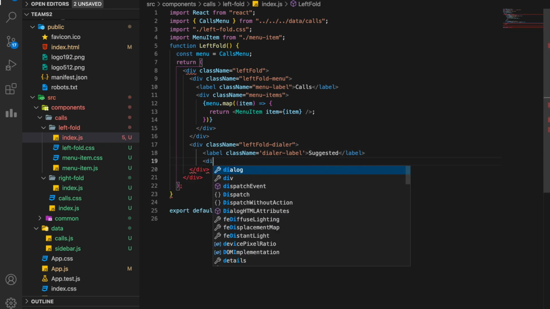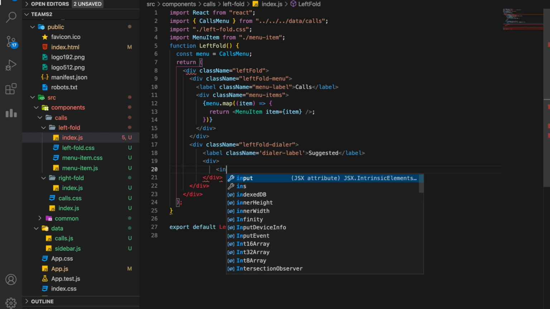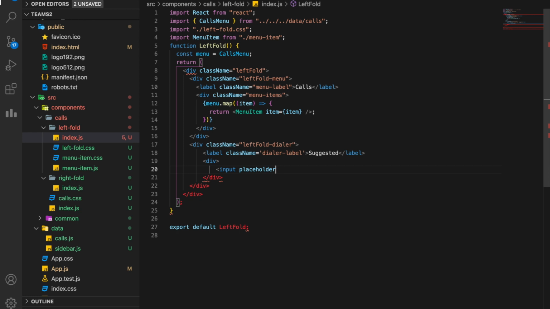Then we need a div for the search bar, and we just need an input here, a placeholder which says type a name, and let's close this. And this one is again a class name is dialer search. So okay, now my search component is also created.